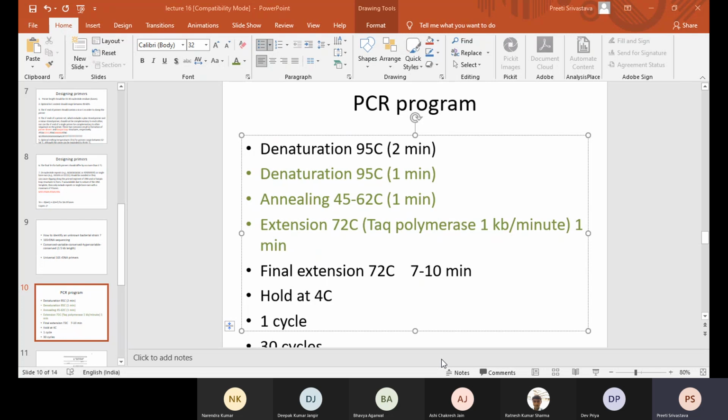So I think I'll stop here. I will not discuss any further, because after the minors we will discuss the variants of the PCR in terms of the type of polymerases. We have Taq polymerase and various other polymerases, and under what conditions you need to use which polymerase, and how PCR can be used for mutating a gene, and what is mutation and mutagenesis. So I thought we will discuss all of these after minors.